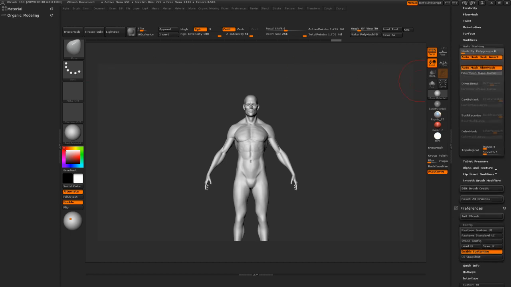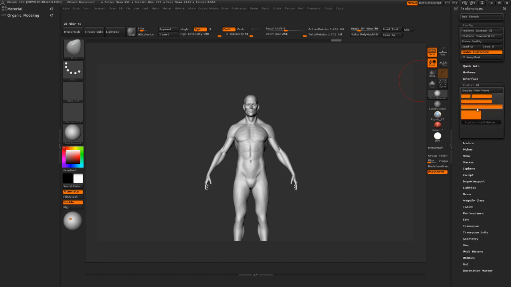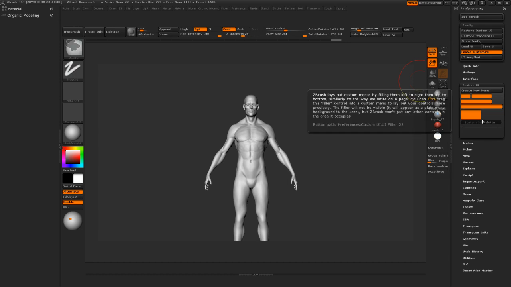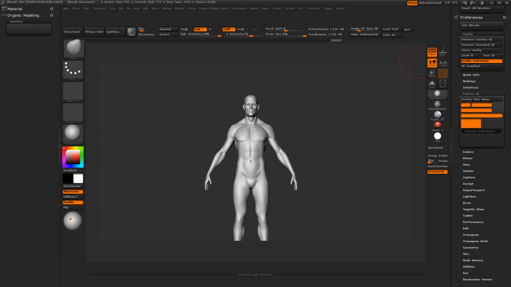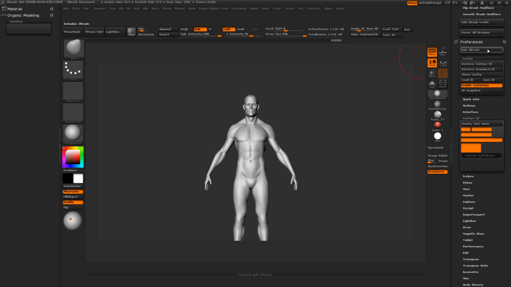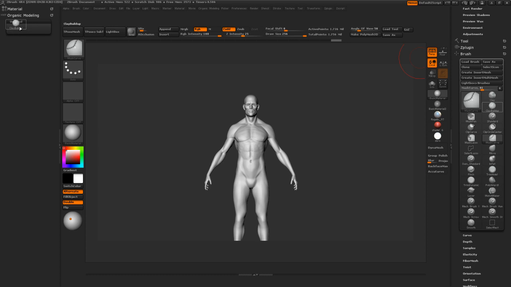Next thing we're going to do is grab this custom subpalette, hold Control and Alt, click and drag it until you see the white box and let go. And what we're going to do is start dragging in some brushes. So let's go to our brush tab, and we'll grab the clay buildup brush, which is definitely my favorite brush, and the move brush, then the damp standard brush, the inflate brush, your pinch brush,